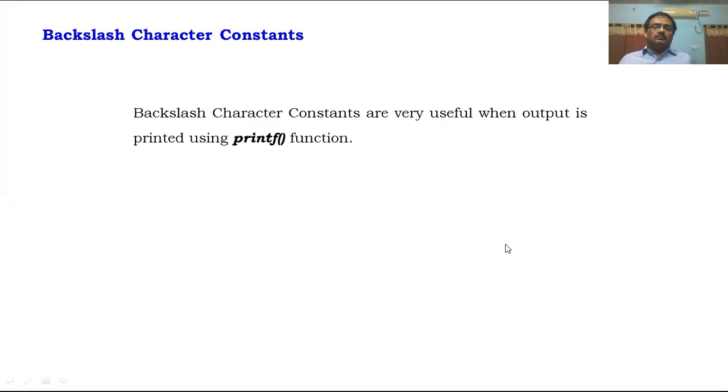Before going to the programs for input and output, let us understand about backslash character constants in C programming language. Backslash character constants are very useful when output is printed using the printf function.